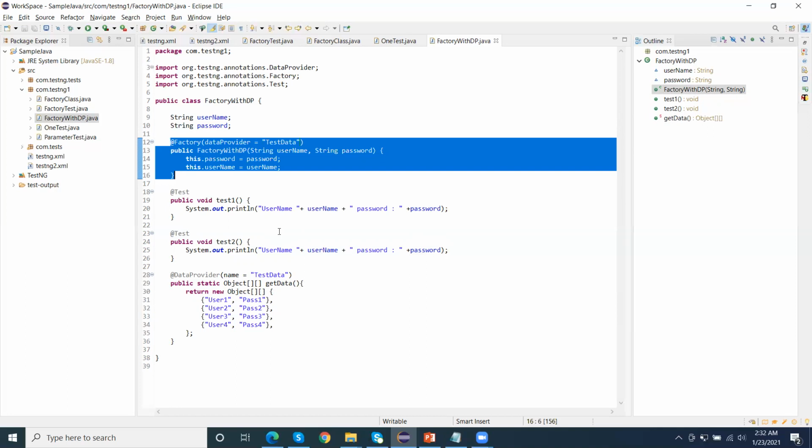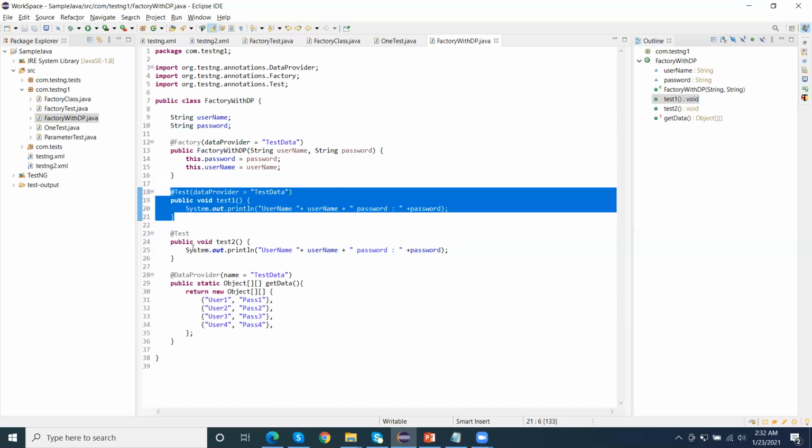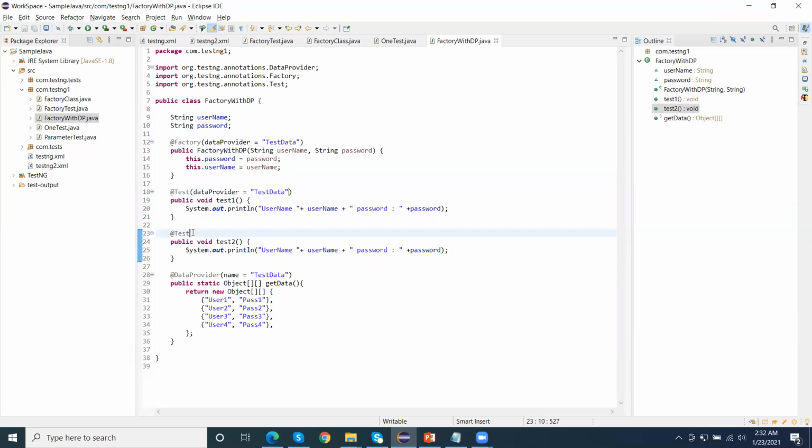So, when we are using a data provider, we can apply it directly on any particular method like this, right? When we apply the data provider on a particular method, that method will execute only for the set of data. Other methods will not execute. We need to apply it again on the other method also, right? But directly using the factory, we can run the complete test, the whole Java file with all tests mentioned in that Java file, with a particular set of data.